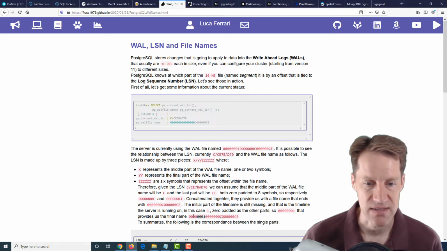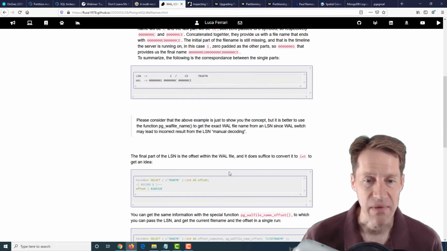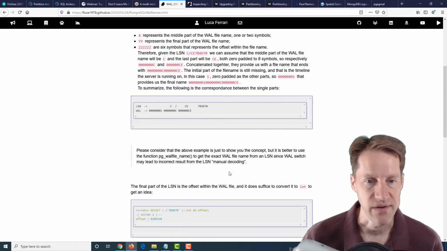Like the first part is the timeline. The middle part refers to this first character, and then the last part refers to these two characters. And then this is the identifier within the file. So if you want to learn more about LSNs and how they work with WAL files, check out this blog